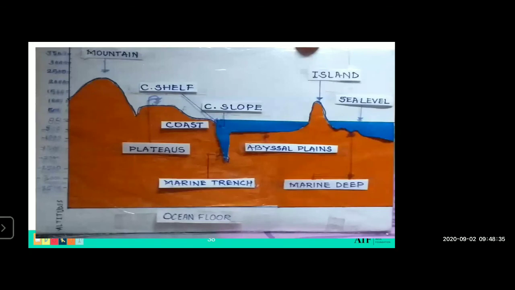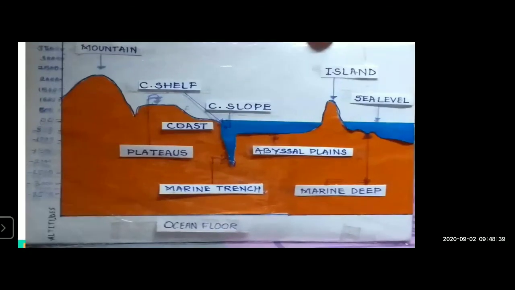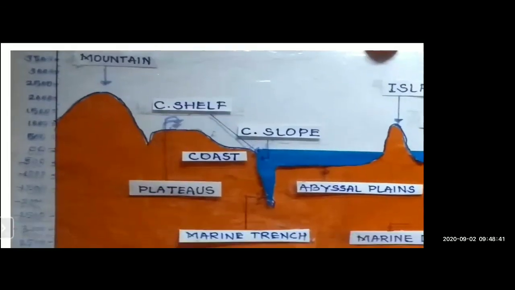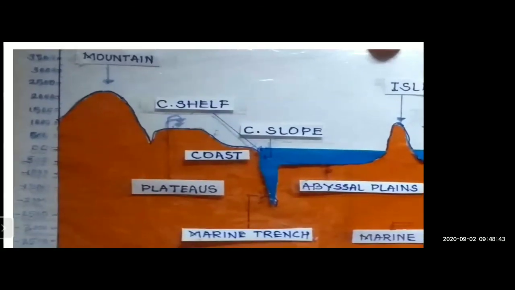So what we have seen today is, we saw the mountains that were the landforms above the sea level, then the plateau, the coast, and now we will see this ocean floor. This is beneath the ocean. Now you can see the sea part. This is the continental shelf. So here we can see the fishing grounds, which is good for human beings.